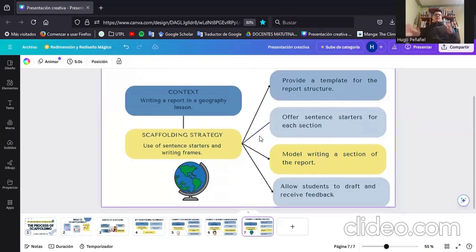Now, here it says that we should model writing a section of the report. All right, so here's a strategy that appeared before. I'm going to start modeling my report by saying, okay, kids, I'm going to write this section for you. I'm going to start with these subtitles. Okay, I will say the geography of Ecuador. So in the first place, Ecuador is a country that belongs to the Circle of Fire and blah, blah, blah,